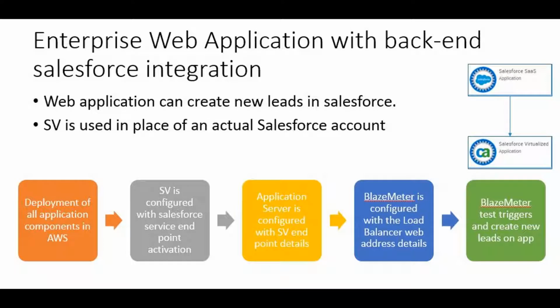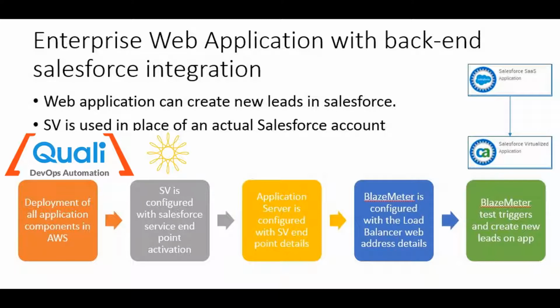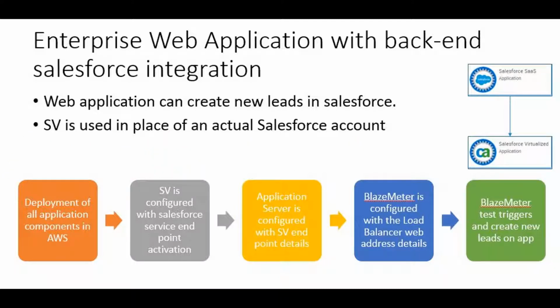In this demo, I will show how you can use Quali Sandboxes to release your enterprise application in a continuous deployment workflow with CA Automic ARA platform, CA Service Virtualization, and BlazeMeter. Let's first consider a typical enterprise web application with a back-end Salesforce integration. One of the features that we want to test is the ability for that application to create new customer leads